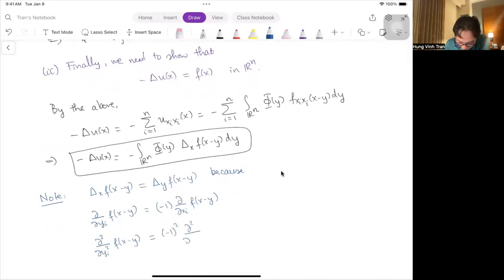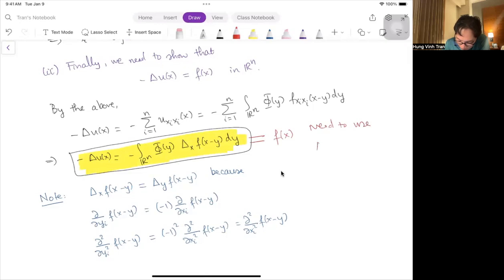Del square over del xi square of f(x minus y), which is exactly del square over del yi square of f(x minus y). So that gives us that the Laplacian in x of f(x minus y) is equal to the Laplacian in y of f(x minus y). Again, we have computed the Laplacian of u to be equal to this. However, this is not enough to show that this thing equals f of x. We have not used the fact that,